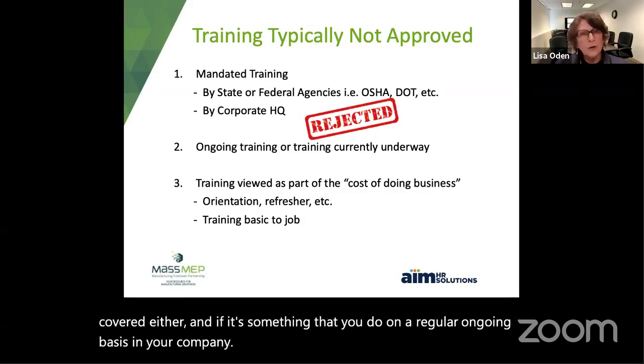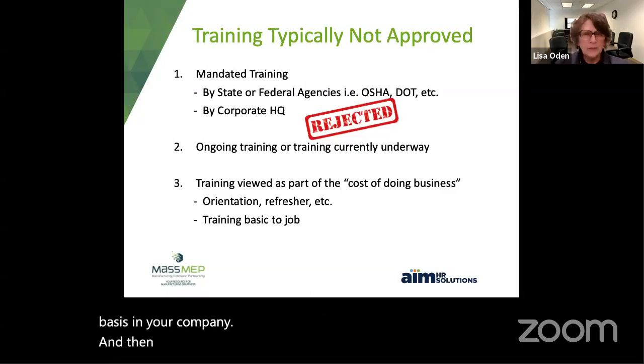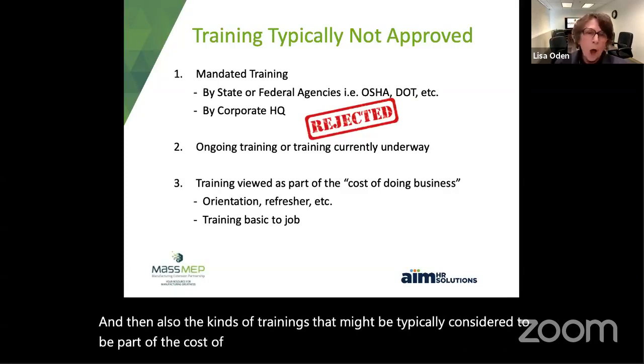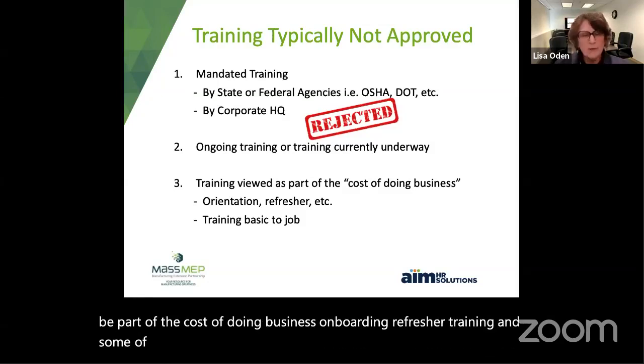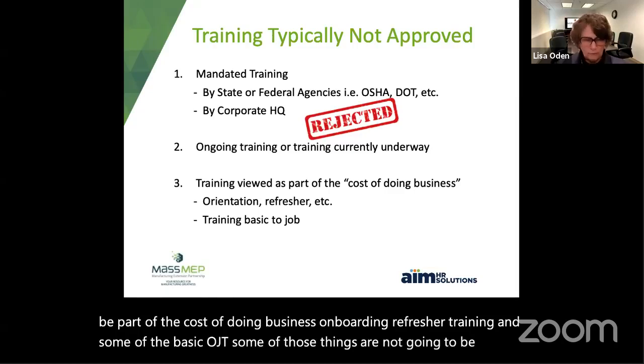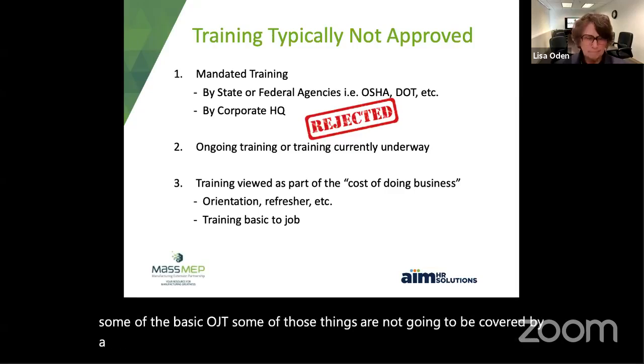And then also the kinds of trainings that might be typically considered to be part of the cost of doing business, onboarding, refresher training, and some of the basic OJT. Some of those things are not going to be covered by a workforce training fund grant.